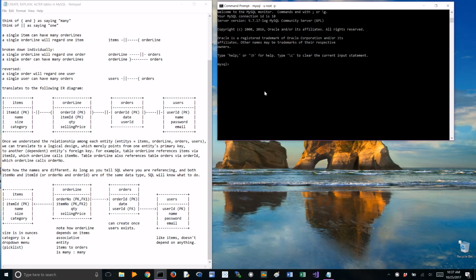We're going to create some tables in MySQL today. Go ahead and use whatever database you are making. If you don't have a database, go ahead and create it. I'm going to create items as my first table,